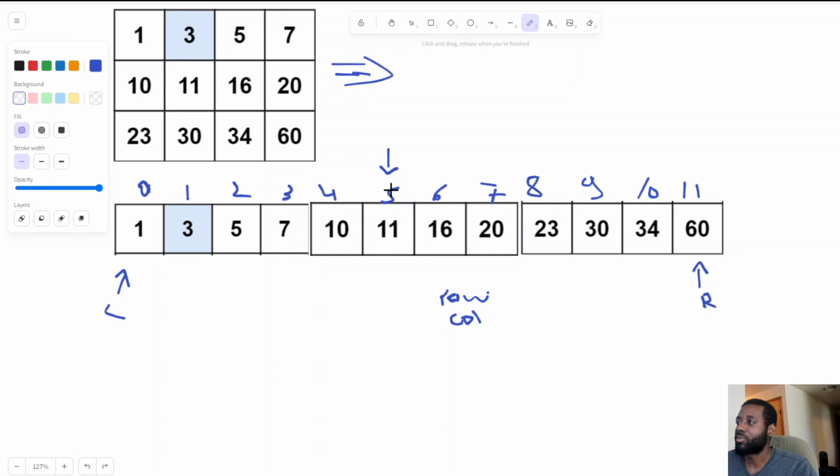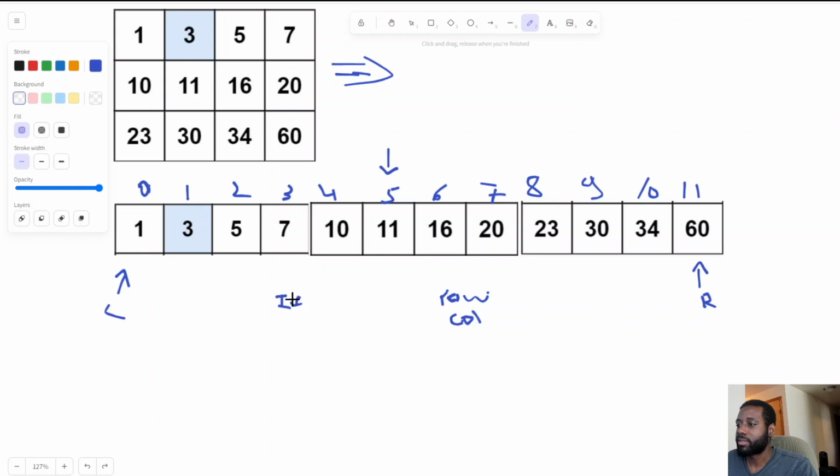So index 5, which row does it belong to? We could visually see it belongs to the second row, the second set of 4 numbers, which represents the second row. It's easy to do visually, but we need some kind of formula. So how do we know that? The formula that we're going to use, guys, is going to be the index. So to get the row that a particular index belongs to,